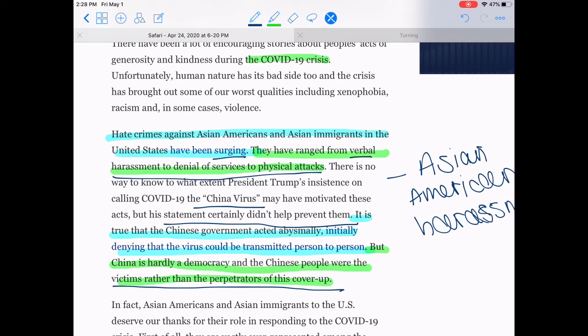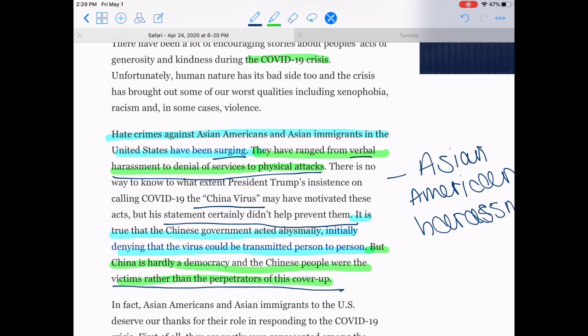And our next blue piece of evidence is rather vague. It talks about how the Chinese government has been acting a bit strange in denying that the virus could be transmitted from person to person. This isn't that great a piece of evidence because it doesn't necessarily match our claim, and it is also more of a transition sentence that is used within the paragraph. So for our claim, I would suggest that we use